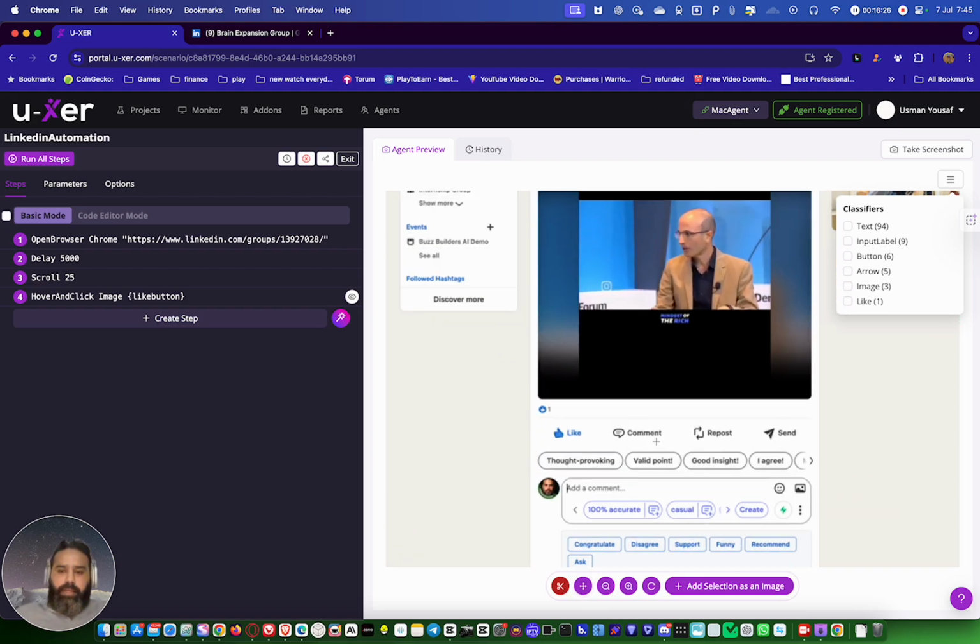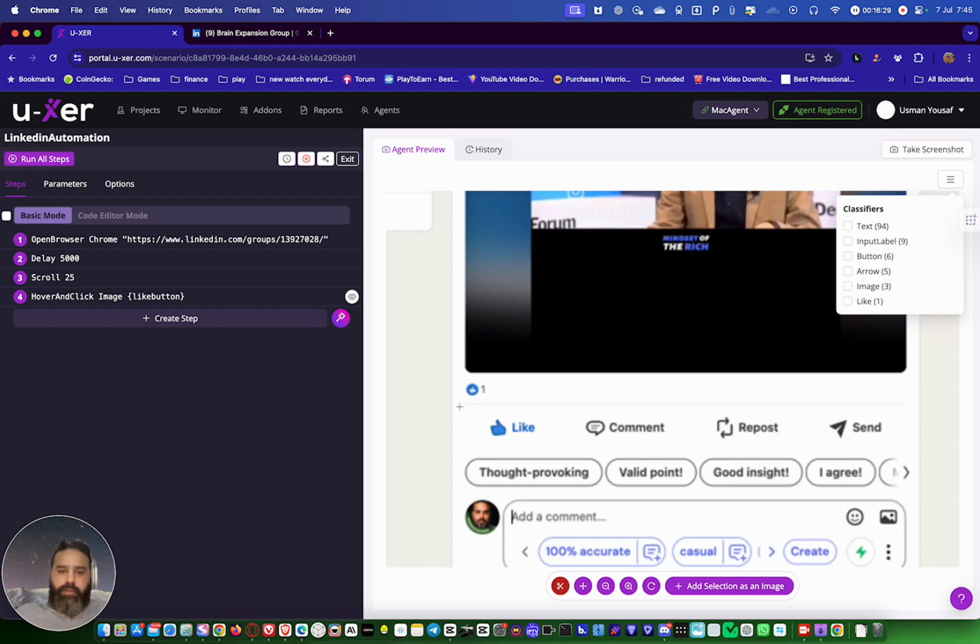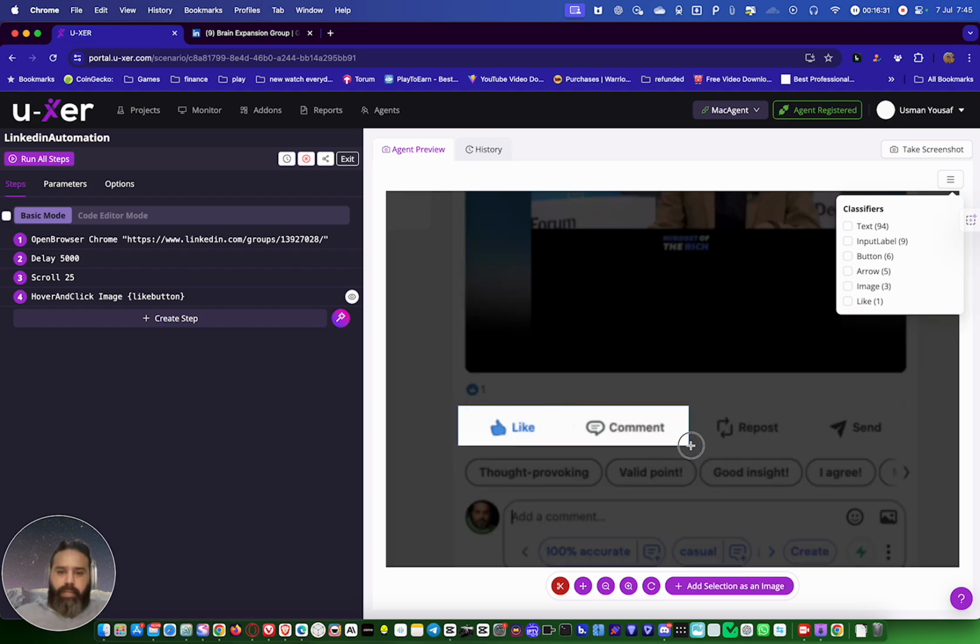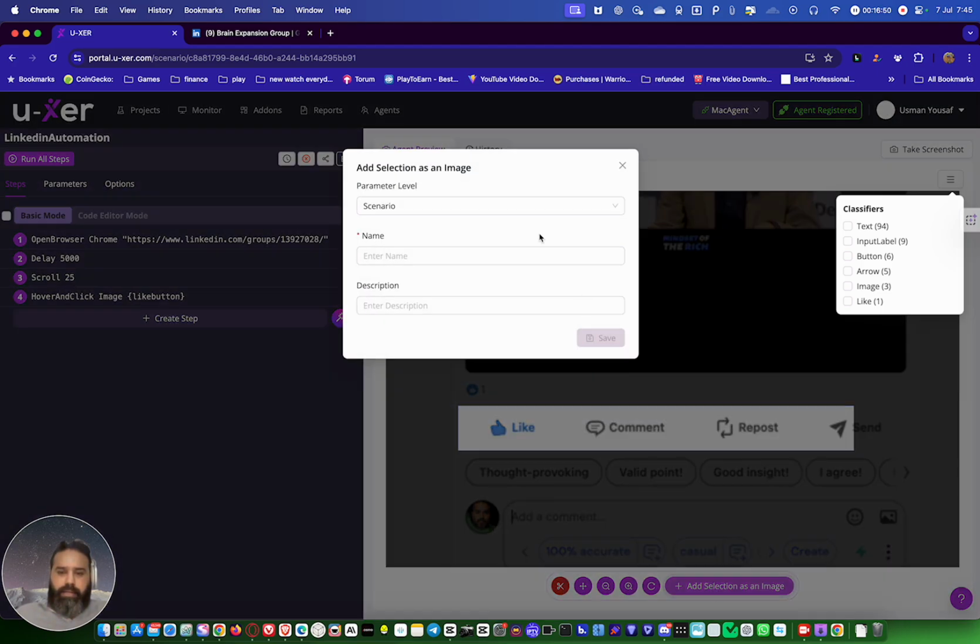So like this again, you can zoom in and then make sure that plus icon is on the top of the comment. If you see between the double M, you can see the plus icon. You can drag further, but make sure that it stays over the comment. Okay, so we just take this one, add selection, and add it as comment button. Save.